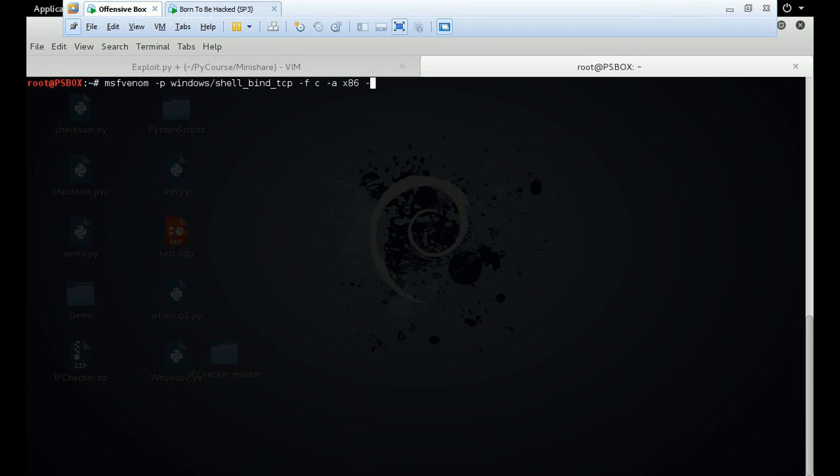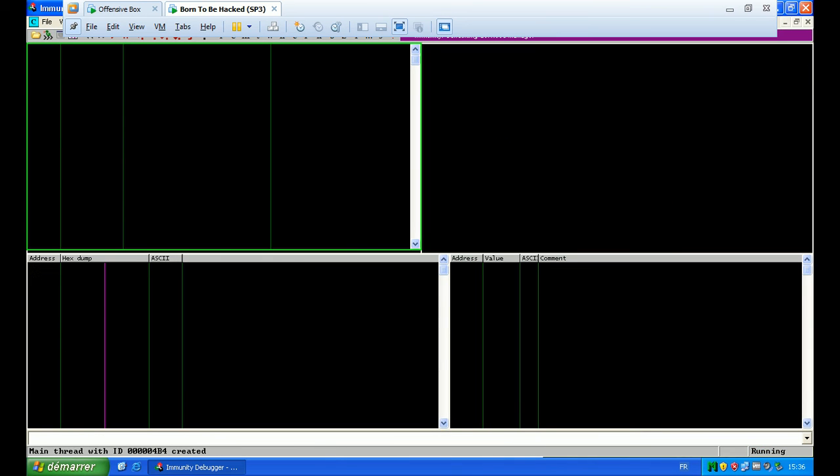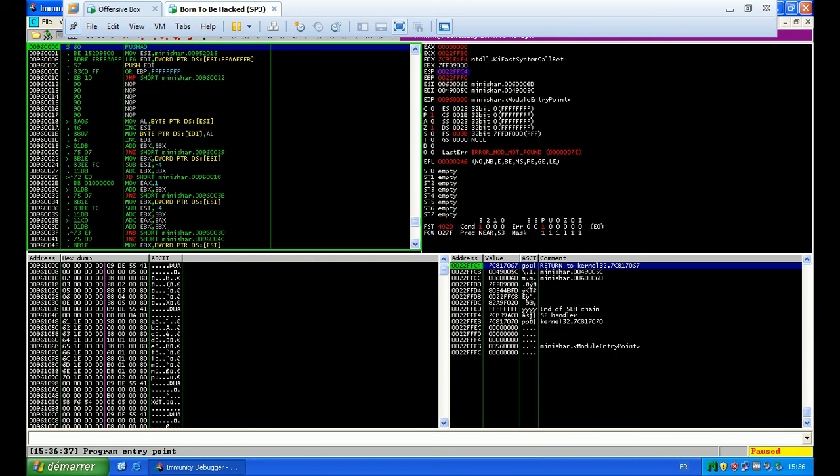And before generating our shellcode, my friends, we have to be aware of something very important in exploit research, which is identifying bad characters. So what is a bad character? A bad character is a character that is used by the application and could corrupt our shellcode. So our shellcode would be useless. For example, the null byte 0x00 is a bad character